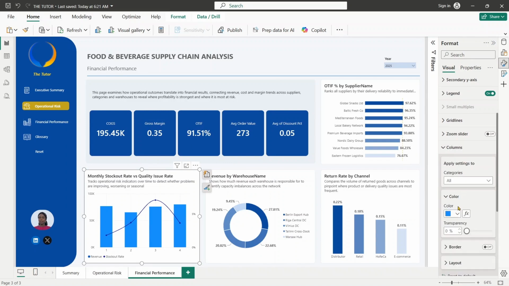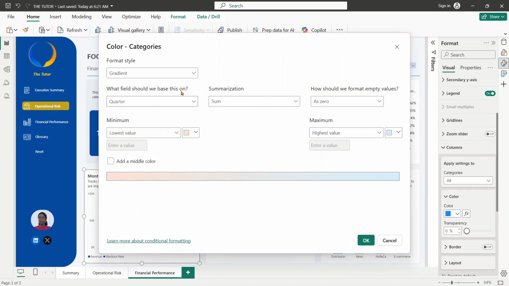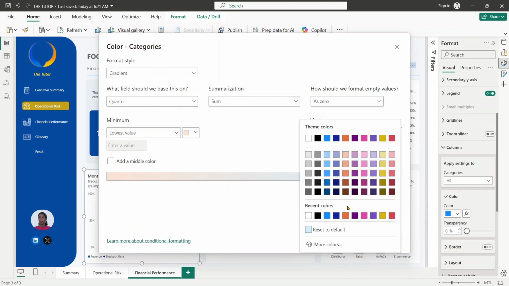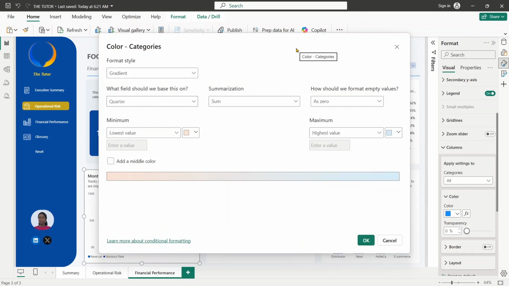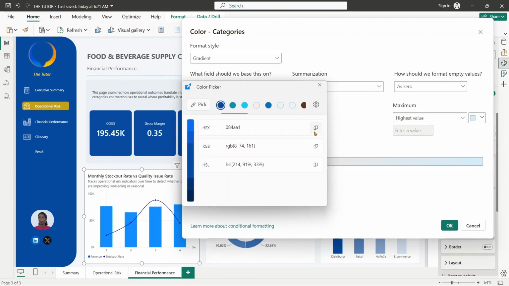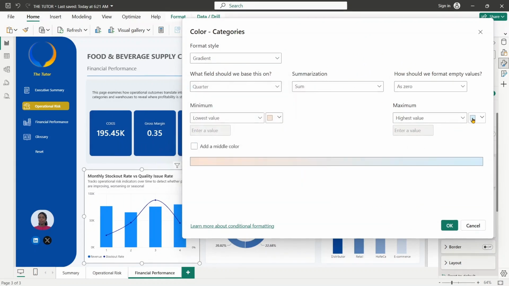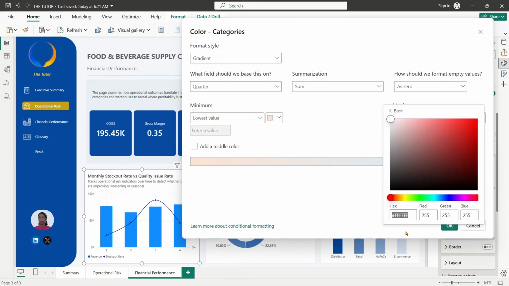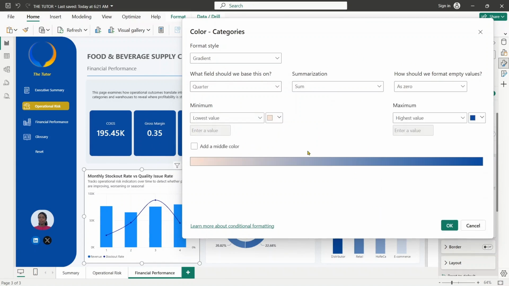Columns. Let's start with the column. Sorry, we're going to use conditional formatting. Should base this on quarter. The highest value should be that dark blue we've always used. So I'm going to just drag this aside and use my color picker to come to highest value, more colors, and paste it there. Then come again, lowest value,